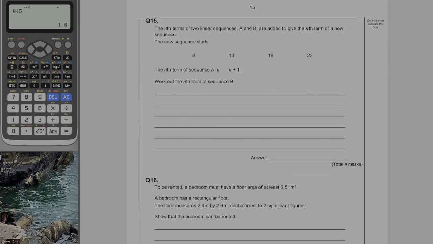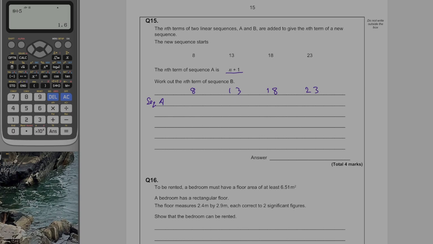Question 15. The nth terms of two linear sequences A and B are added together to give the nth term of a new sequence. The new sequence starts... The nth term of sequence A is n plus 1. Work out the nth term of sequence B. Right, so I'm going to take the sequence given in the question, and from it I'm going to subtract n plus 1. So sequence A,